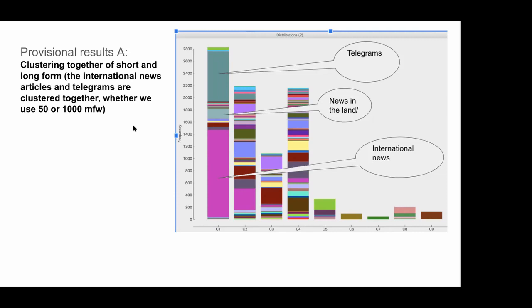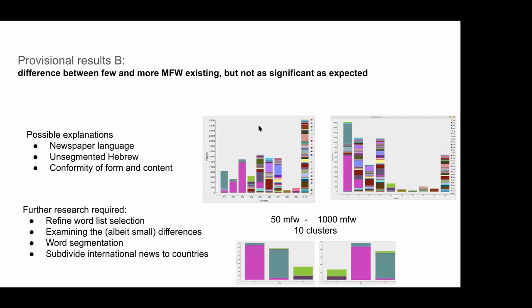So the first interesting thing is that I would expect telegrams and the international news essays, which usually take over several pages, to be very different in style, and this is not the case. So this is one very interesting finding I can talk about. And the second one is that although there is a difference between, let's say, the stylistic approach of using the most frequent words and the more content related approach,